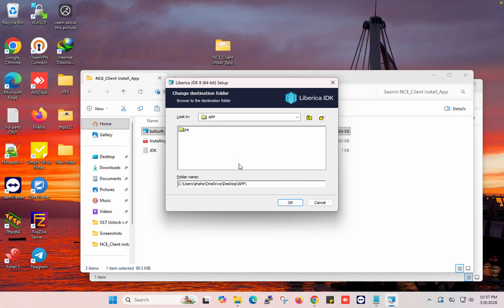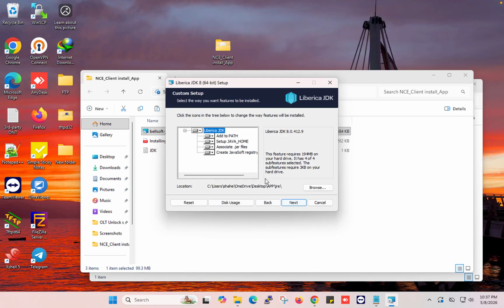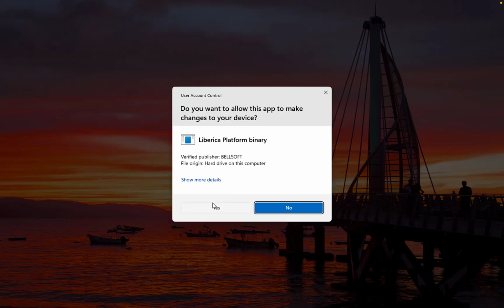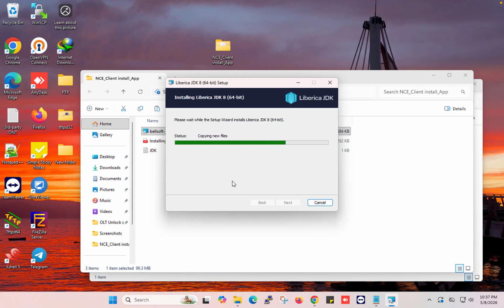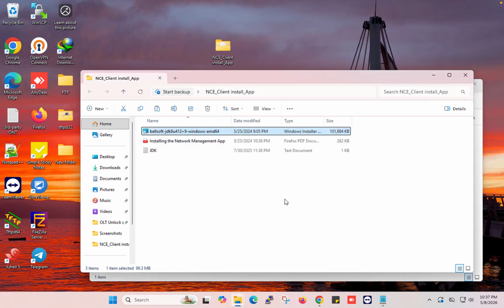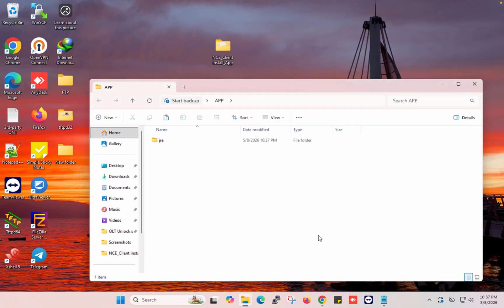This is the app folder where we created the directory JRE, and you need to install into this JRE directory. Then install, and complete the installation. Now finish, and next